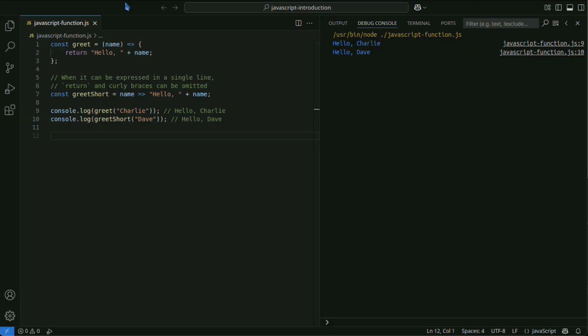Values passed to a function are called arguments. By specifying arguments when defining a function, you can pass values when calling the function.